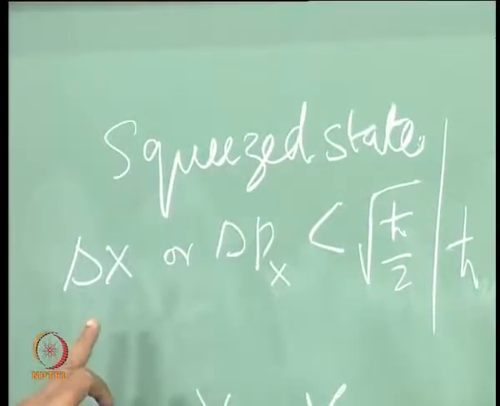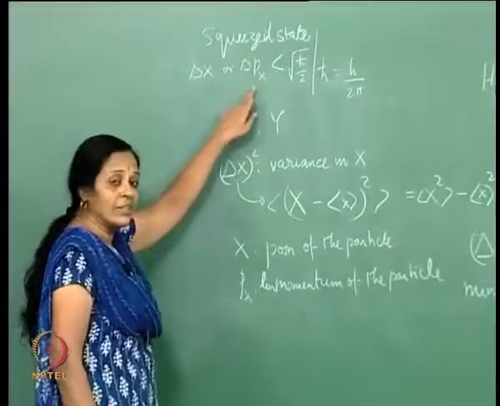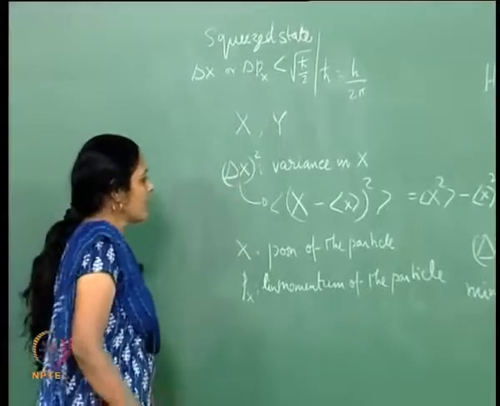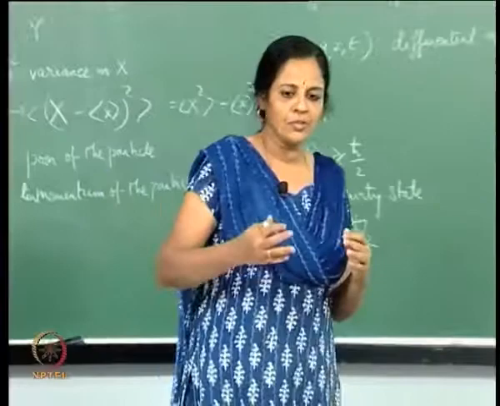Once again, I should emphasize that x and p sub x would not stand for position and linear momentum, but for two appropriate observables. So, in quantum physics, it is possible to have different types of states